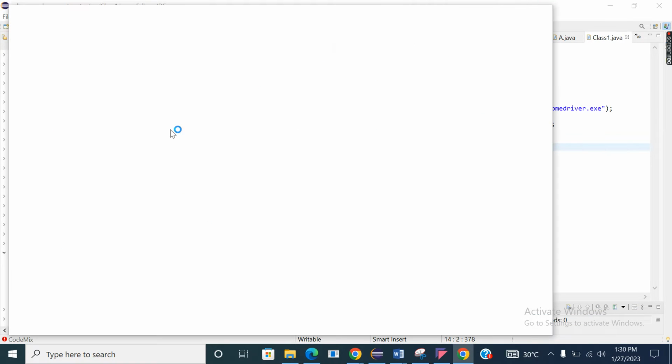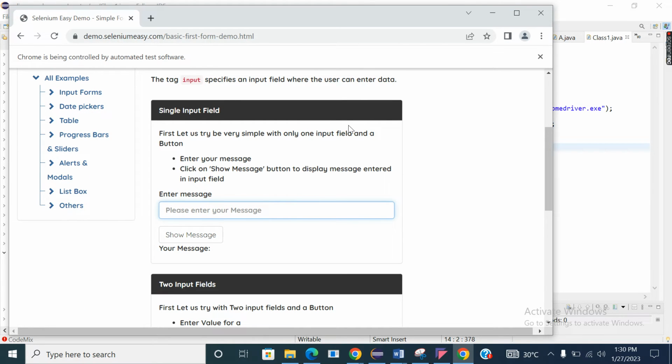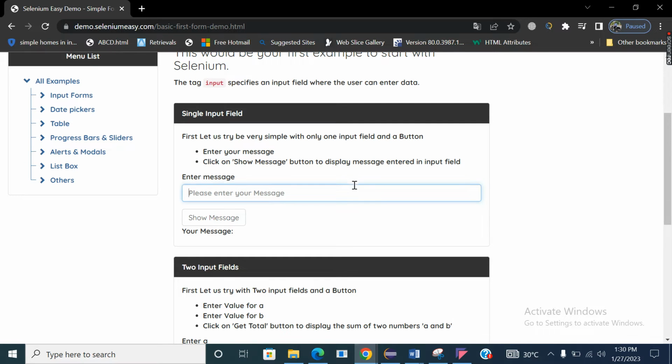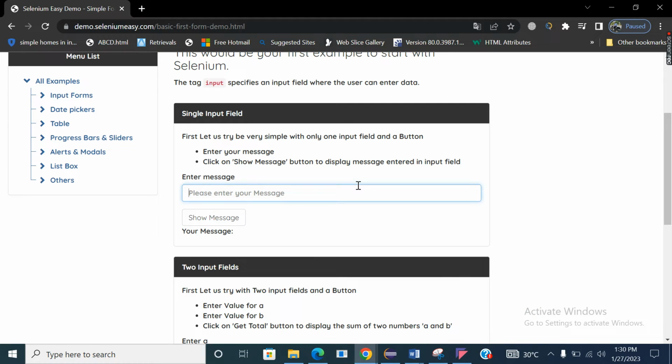Try to run this. ChromeDriver successfully automated, you can see over here. So now I'm coming to this website. Clear? Let's see now. So coming to the locators, suppose I want to come to your place right now,